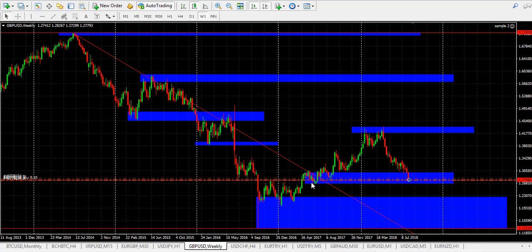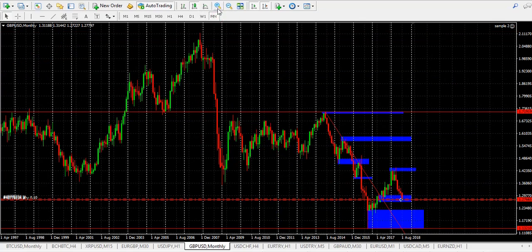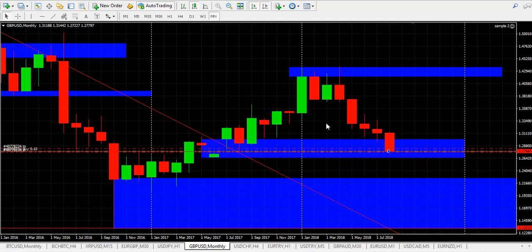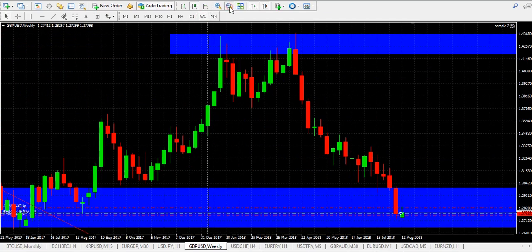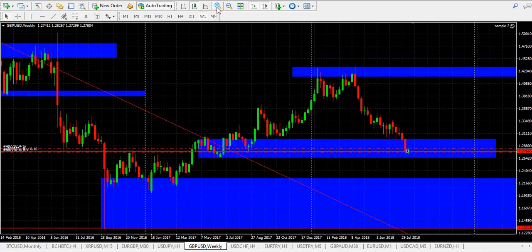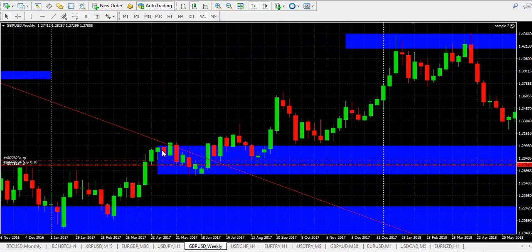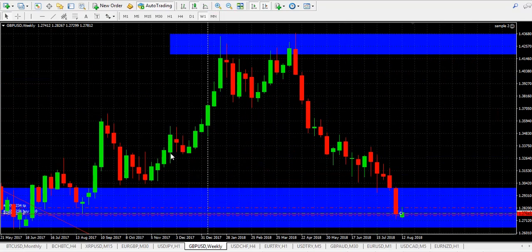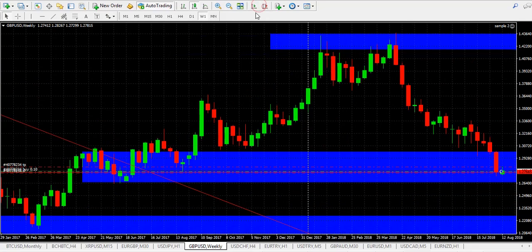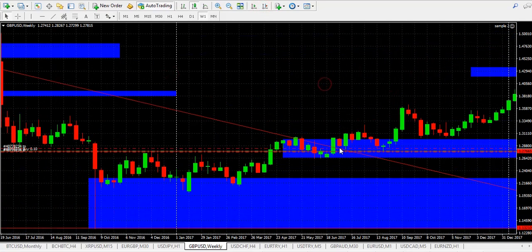That gap is right here. This is the gap. Remember, this is the gap we drew on the monthly. Right here. So you see how it looks on the monthly, and you see how it looks on the weekly. The gap is right here at these candles. This is where you see the gap. You see the open here, or the close here. This right in here is where you